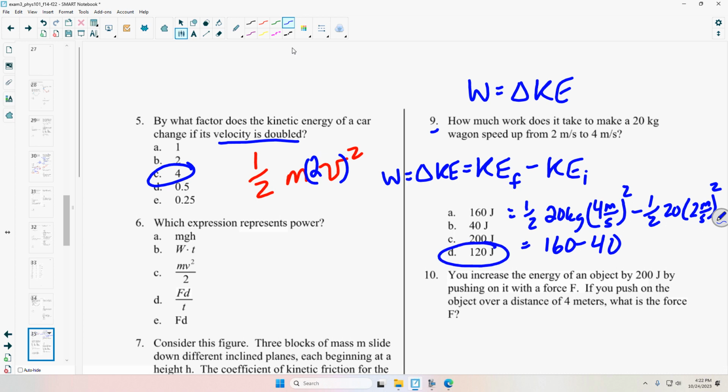I want you to just be aware that I'm going to write it in a different way that's not the same. Some of you might want to do it this way, but it's not the same. If I wrote it as 1/2 of 20 times (4 minus 2) squared, not the same, right? Y'all realize that? I can't distribute it that way. If you wanted to distribute it, you could say not (4 minus 2) squared, but 4 squared minus 2 squared. That would be the same. But (4 minus 2) squared is not the same as 4 squared minus 2 squared. I'm not sure if that was a mistake that you had made, but that's a mistake that some students would